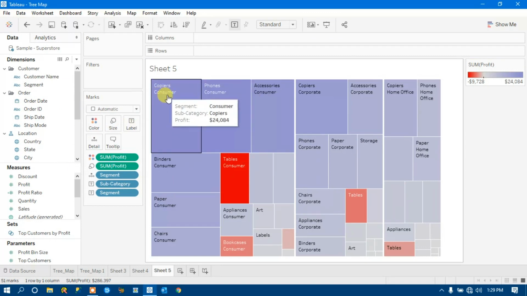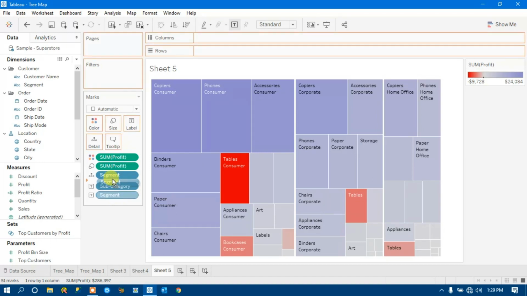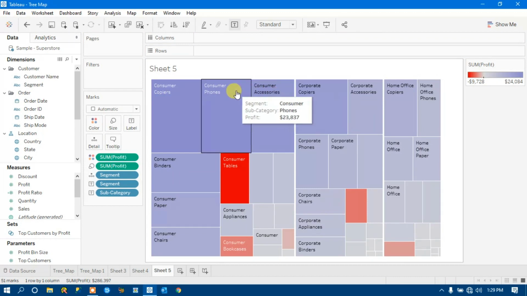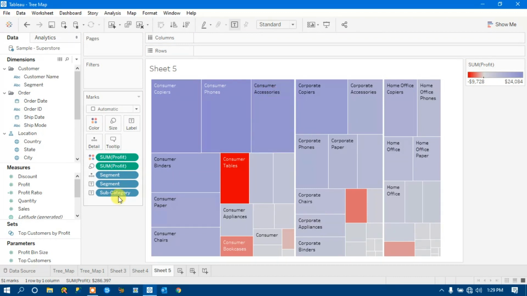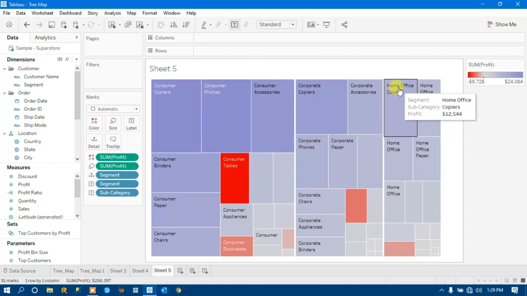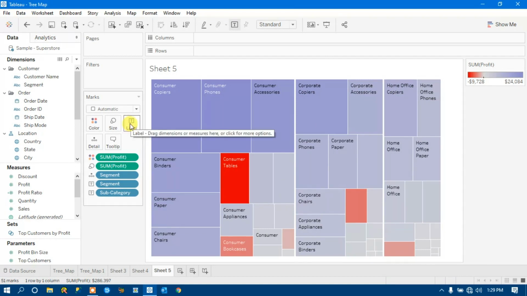If you see here, the segment is down, so I want the segment to go up. Just drag it over subcategory. Now the segment will appear above subcategory, right? If you see the labels, here it is white and somewhere here it is black, just because it has picked the default value as automatic.